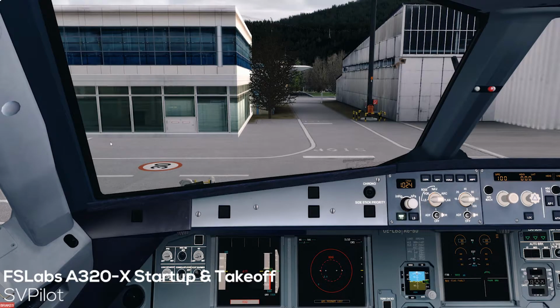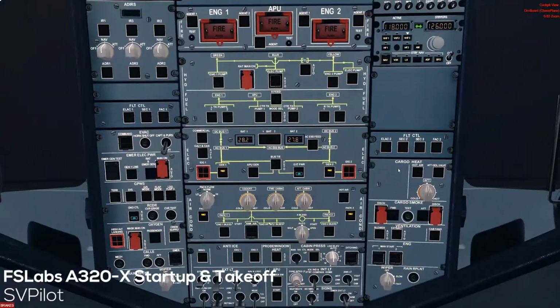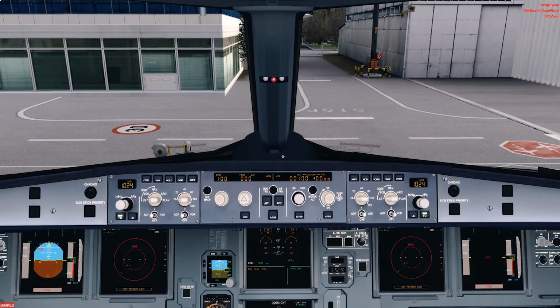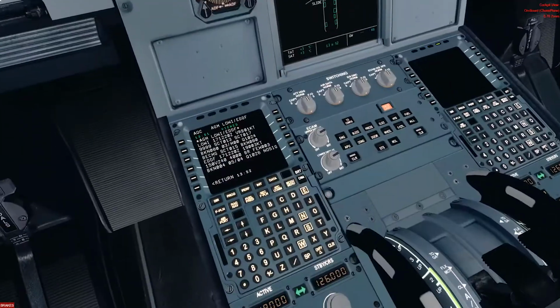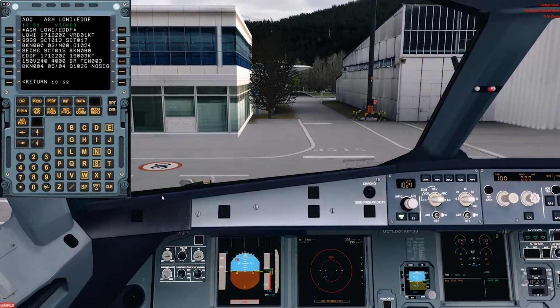So, hello everybody and welcome back to the second video of the FSLabs first flight that we are going to do. In here, we have talked about the overhead panel and did a couple of main explanations here and there featuring the aircraft systems. We are now basically ready to do an MCDU initialization. So first of all, I'm gonna scoop in here to see